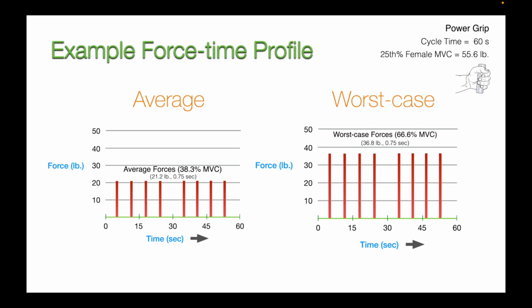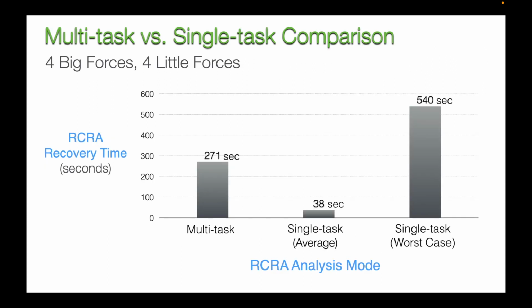But you might say, well, I don't do either one of those. Well, if you don't, what do you do? You have to do something. Otherwise, you're just sort of winging it and adjusting things. To have some consistent basis, so people can be consistent applying the models, you have to have some rhyme or reason behind your inputs. And usually it's using the average or the worst case. But